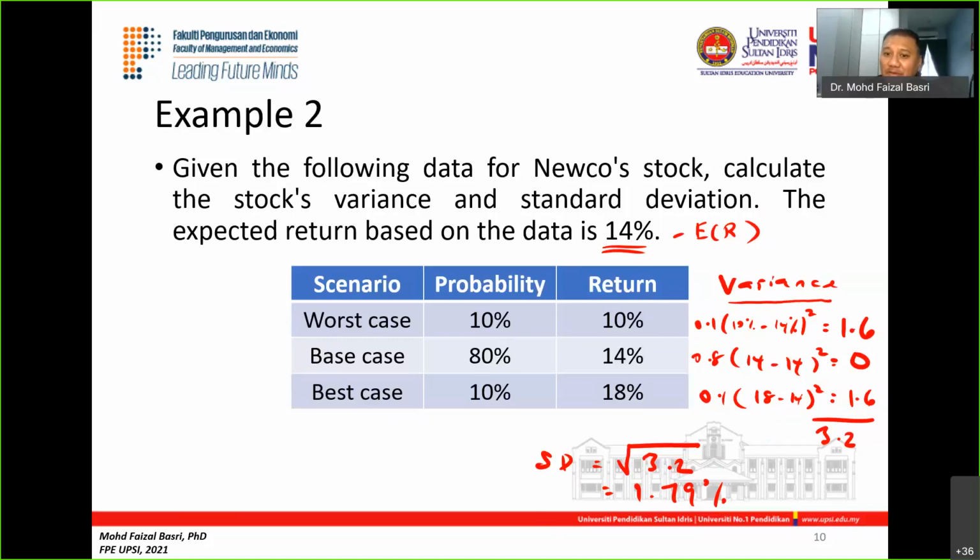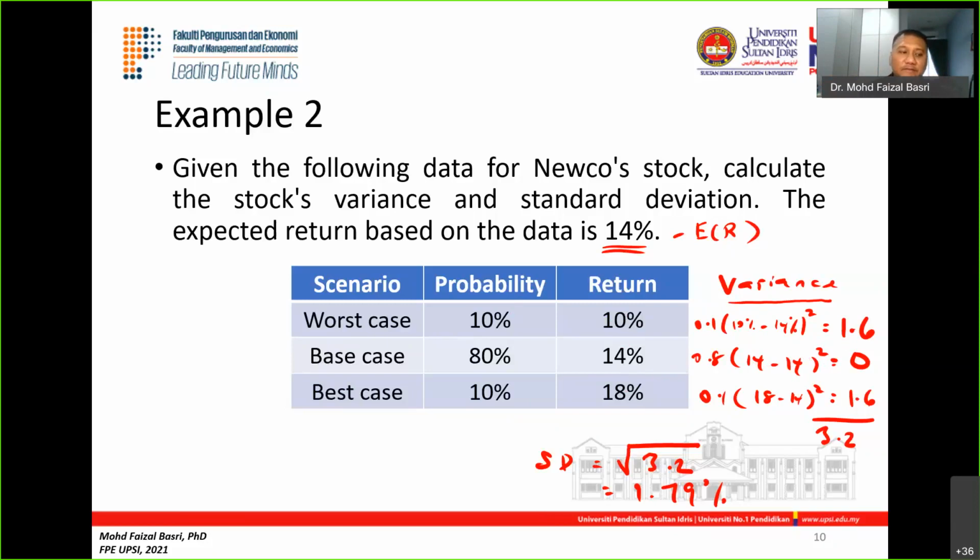That's why, for me, usually for probabilities I use decimals. But in terms of the returns, I'm going to use the full values, 10 minus 14 and so on. It's possible to use 0.1 because mathematically it's correct, but I'm not sure whether, when you're using your calculators, there might be some decimal errors, perhaps, if you don't use it consistently.